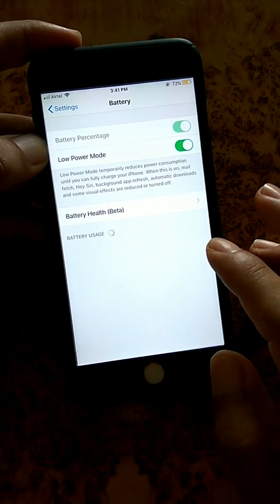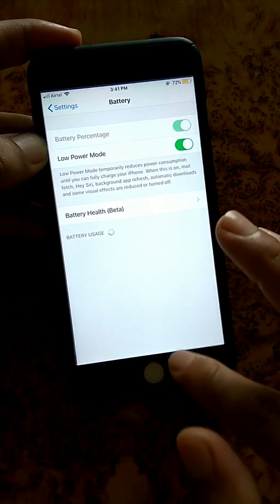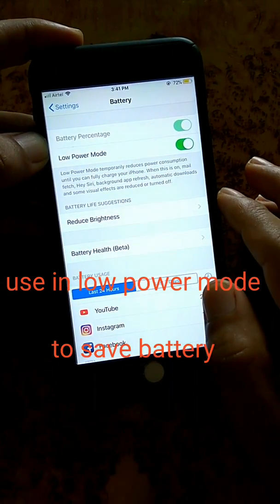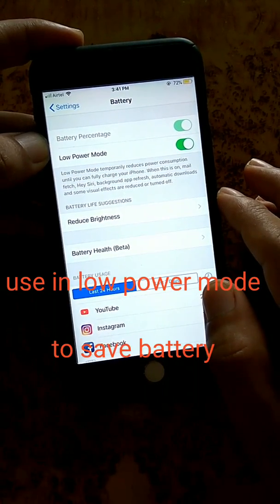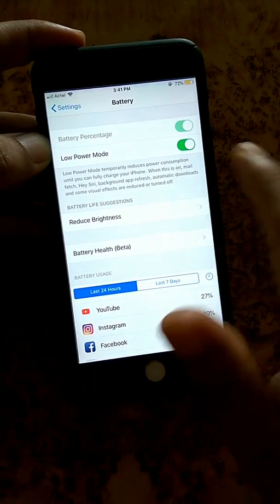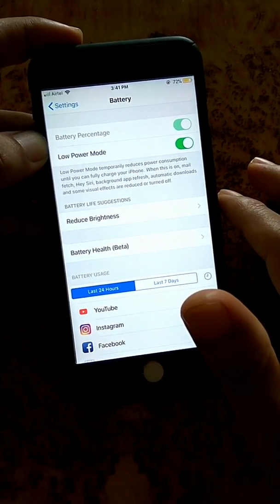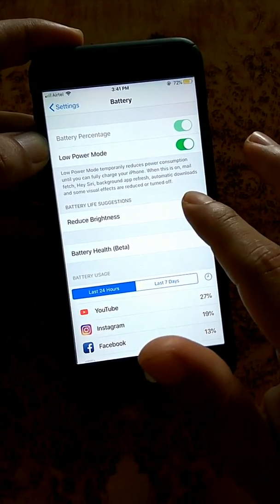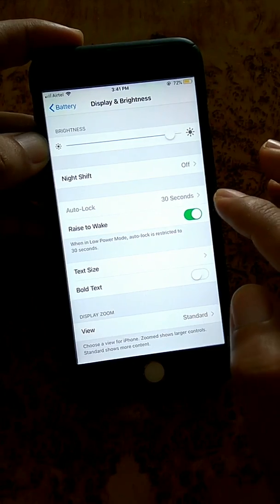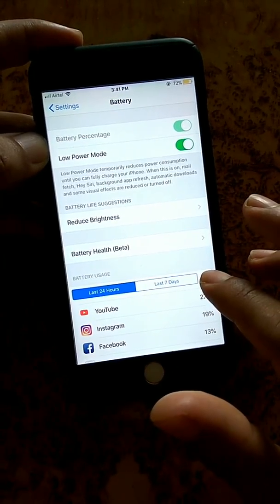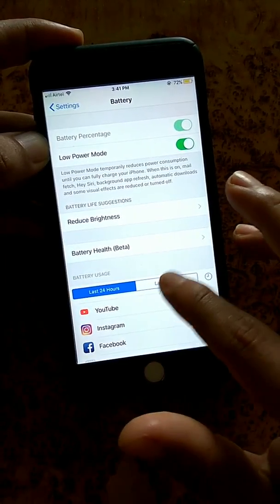This is regarding battery, and I always use low power mode. It reduces power consumption until you can fully charge your iPhone. When this is on, mail, Hey Siri, background app refresh, automatic downloads, and some visual effects are reduced or turned off. You can reduce brightness also in order to save battery, and you can check battery usage also by going here, last 7 days,